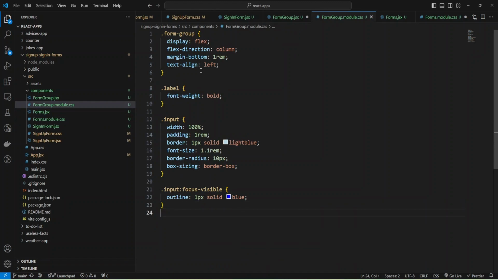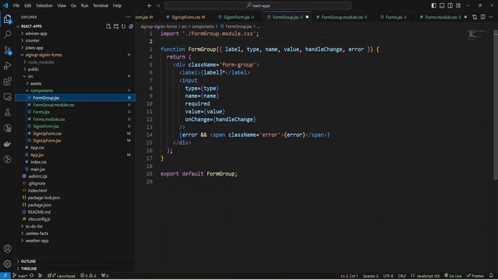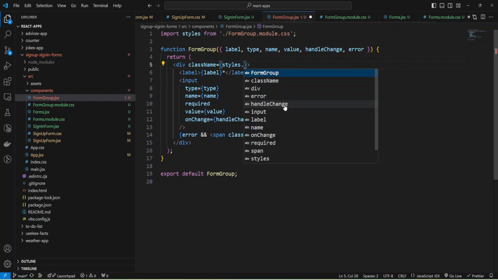And now I can import styles, but I need to change import styles from form group module, and I'll have styles object, and can provide styles from the object like just usual object in JavaScript.